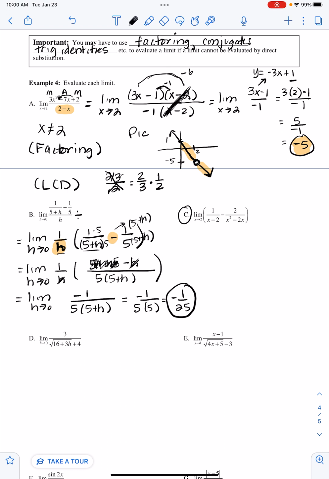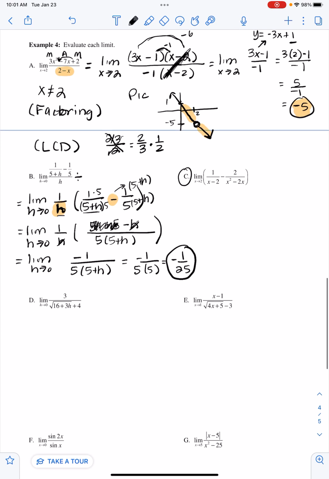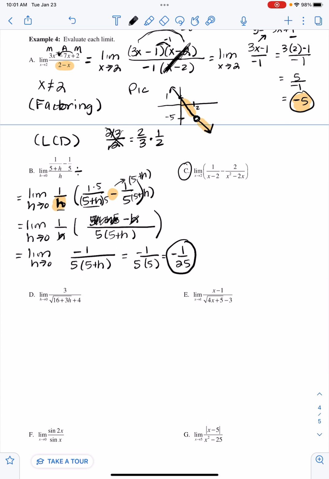All right, so this would be the place where there would be the hole in the graph. This one would be a little bit more complicated to draw because of the complex fraction that we were given. But mentally I'm thinking that would be where the hole was at 0, and then negative 125 would be the y value. All right, so we're going to look at one last example,